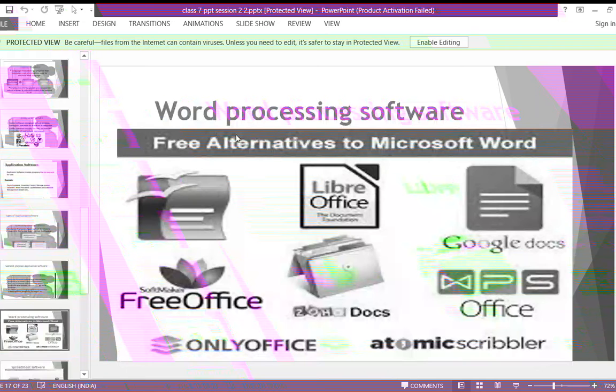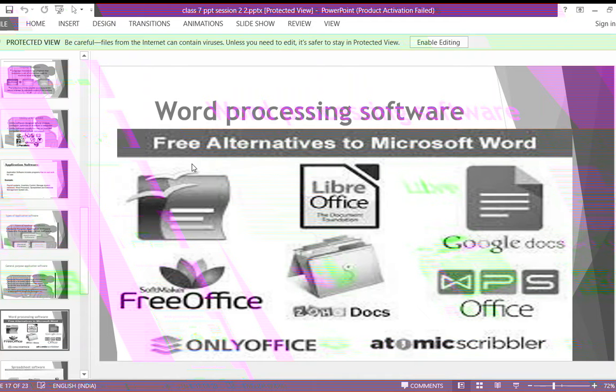As you can see in the picture, word processing software. As you know, you are creating the document. Suppose if I tell you to write a letter and you have to write it on the computer, then which software are you using for that? Microsoft Word. Yes, you are using Microsoft Word to create the document in the form of a letter. Then you are changing the font size, you are changing the color. Then if you want to use a design, you are changing the design. If you want to give a border, you are changing the border and everything. So that you are doing in Microsoft Word.